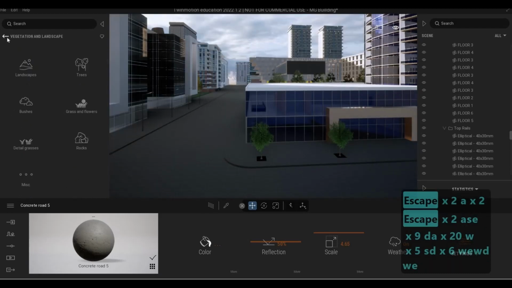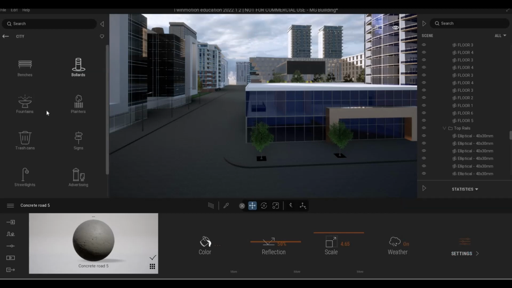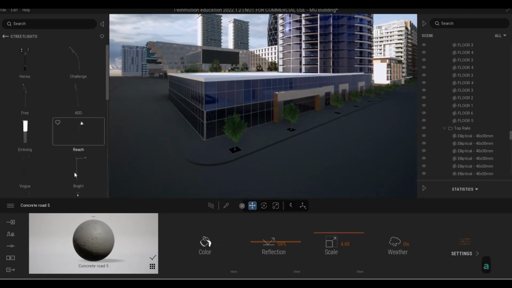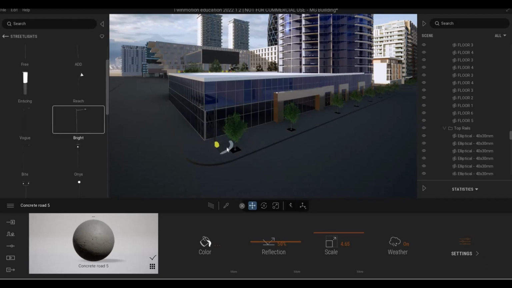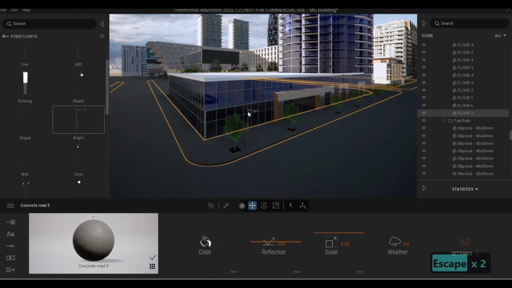And then here, let's go to objects, city again, and then we could add in street light. So same idea, we need to add street lights onto the corner, so 90 degrees on that. Select,